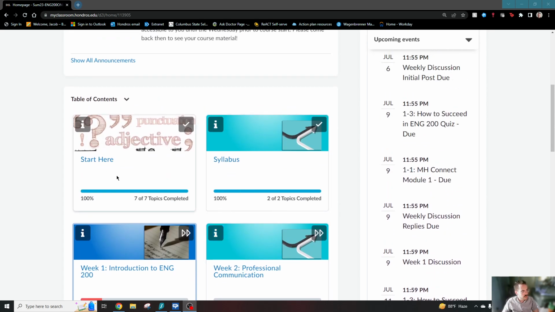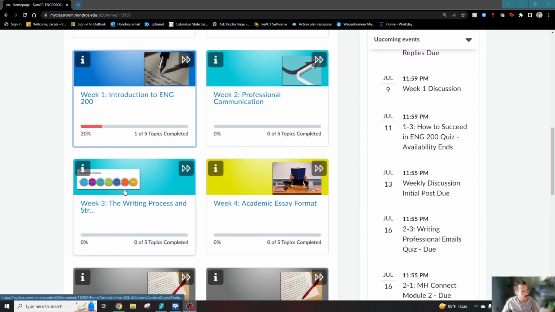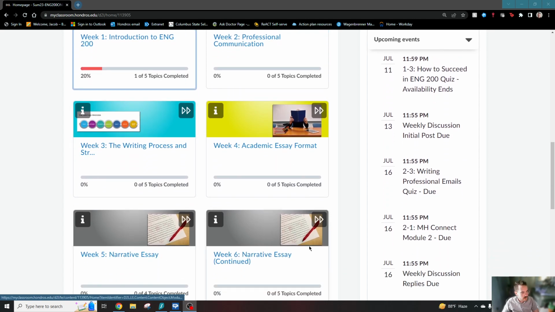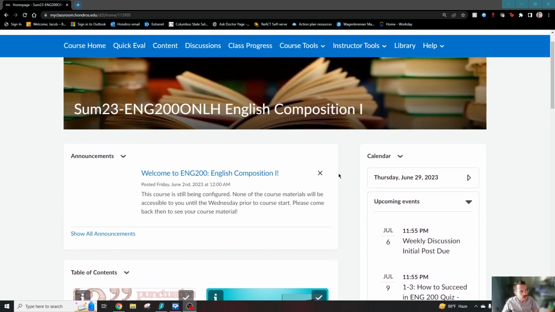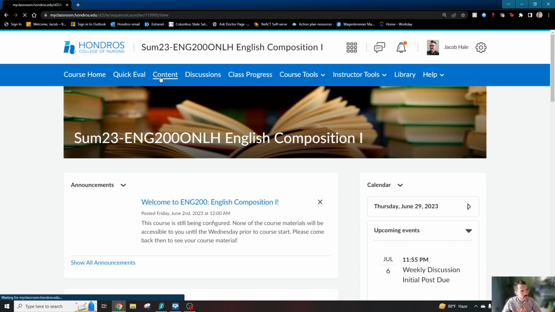The first section here, Start Here, that is one of the first things that you should work through in the class. We have the syllabus here, and then we have a folder for each week in our class. You can also find this information in another place. This is where I like to go when I am navigating through the class. I go to this content button here,